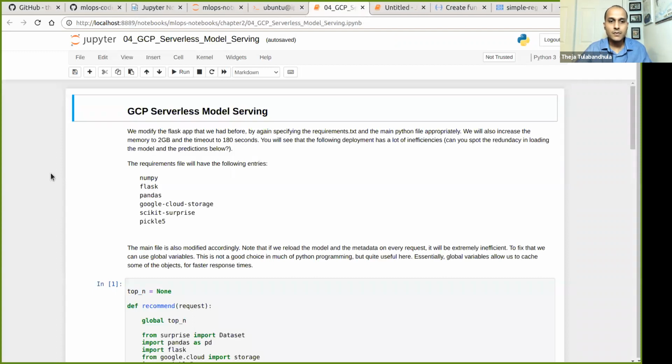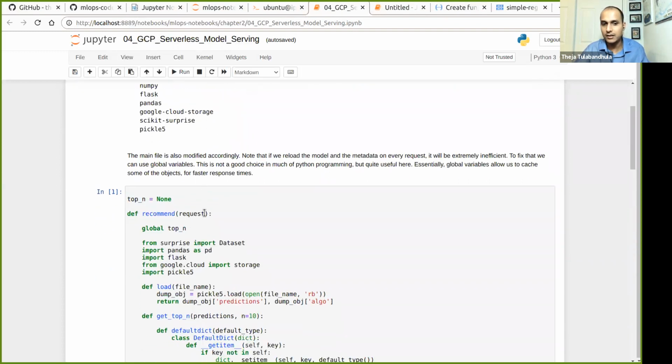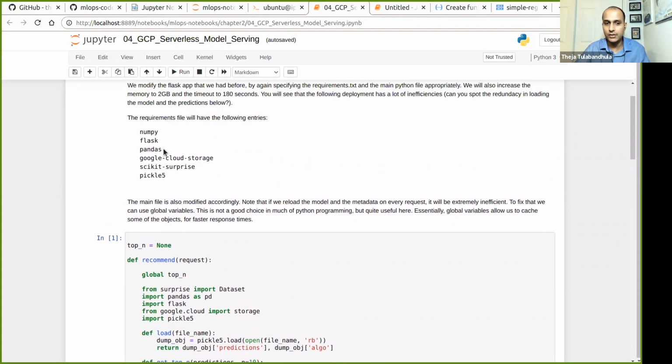So this is the next section, section 4. And this section is talking about a slightly different model, the recommendation model, but we'll follow the same idea. So we'll do that in real time.